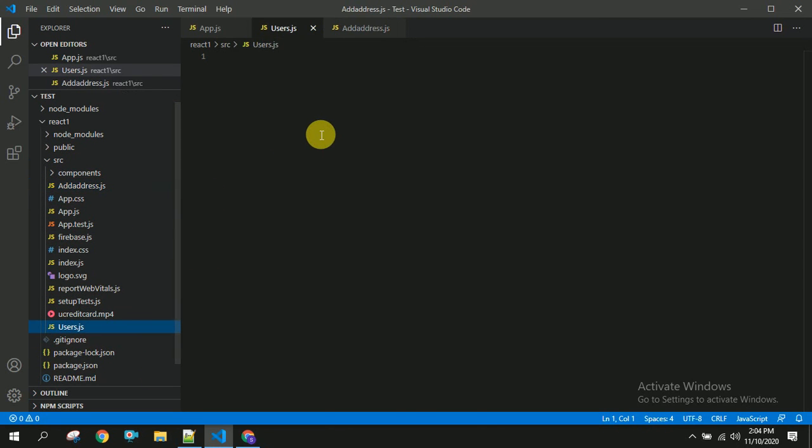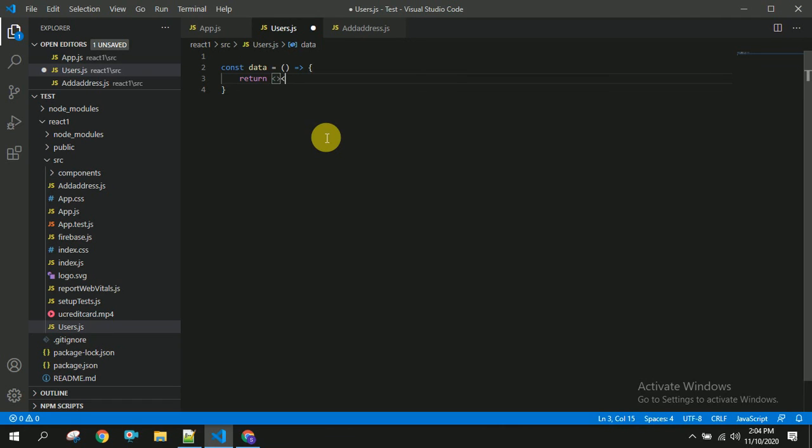In the users.js file I am going to do a default export here. You can see here the arrow function syntax, which we have learned in the previous tutorial. Here I am going to write h1 tags.